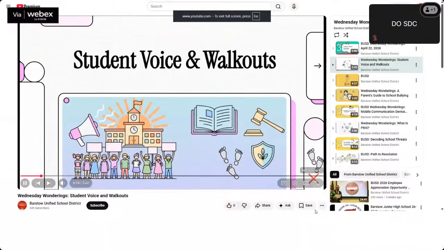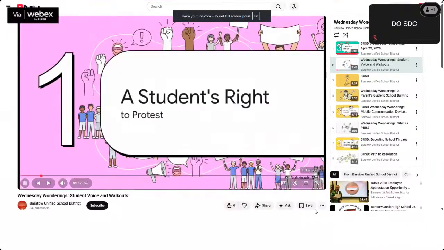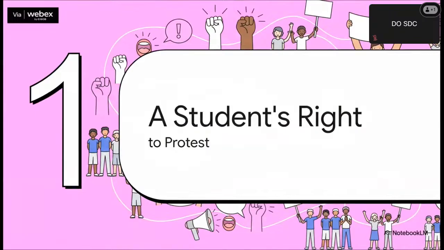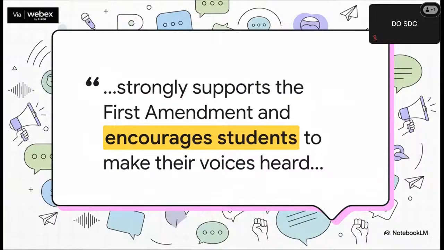Okay, so first things first. Let's start with the foundation of this entire policy. The school district doesn't just jump into a list of rules and restrictions. Nope, it actually starts with a core principle, your fundamental right to express yourself. This quote really gets right to the heart of it, doesn't it? It's a super clear statement that your voice matters and that your constitutional right to speak up is something they actively support. This whole thing isn't about silencing students, it's about creating a framework for that expression.